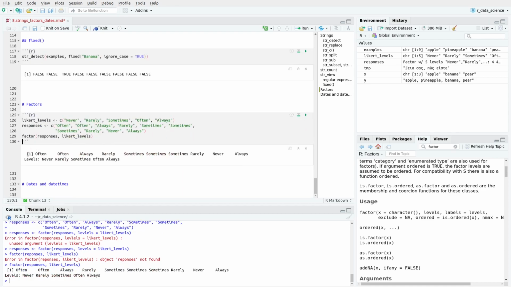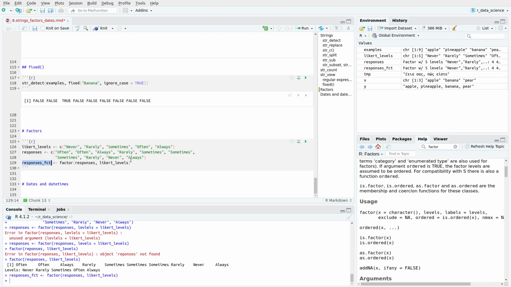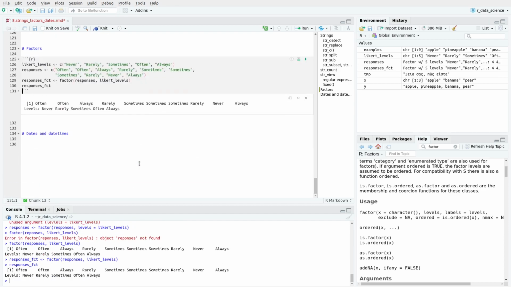And now what we get is this view here. So we have our values on top, and then underneath we have the individual levels. So let's save this in a new object called responses factor,